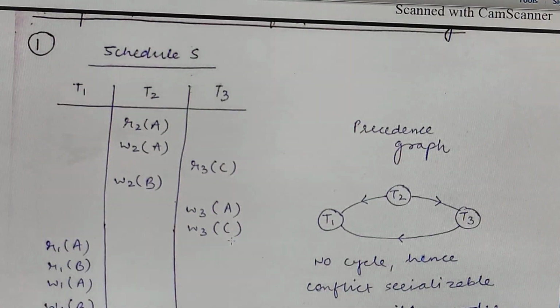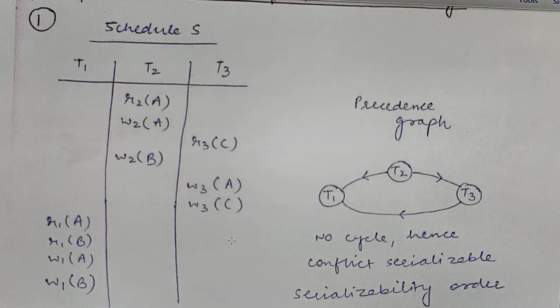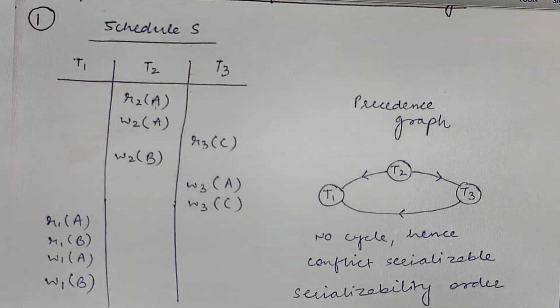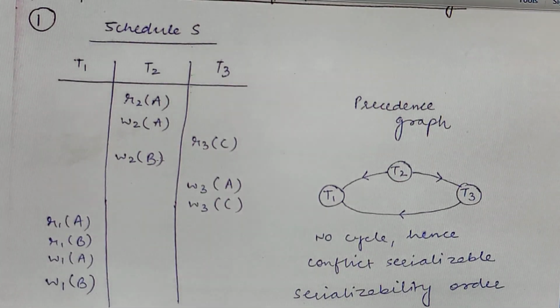Okay, let's take an example to understand again what is conflict serializability and view serializability. Here you can see we have this schedule. To check for conflict serializability, we will start with conflict serializability because if a schedule is conflict serializable, it will automatically be view serializable. So to check for conflict serializable, we will start with the precedence graph. Now you can see, can I swap this W2B with R3C? Let's start with this.